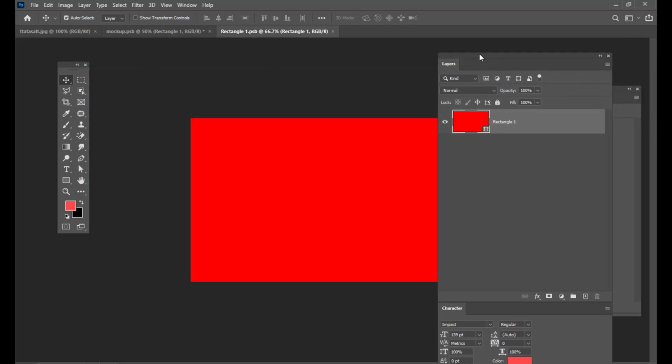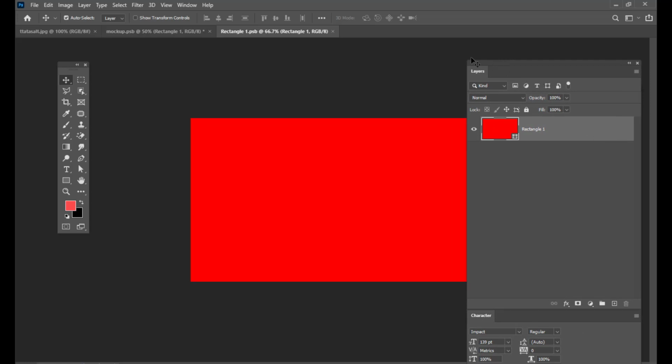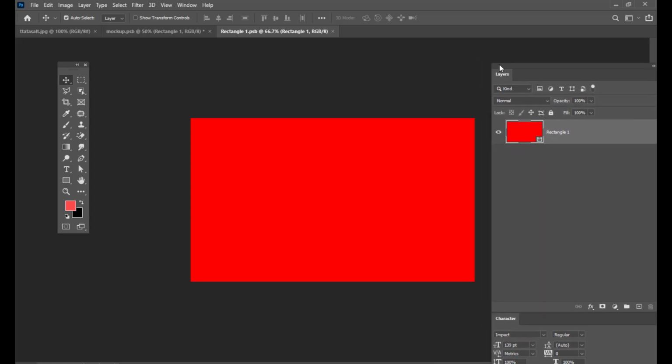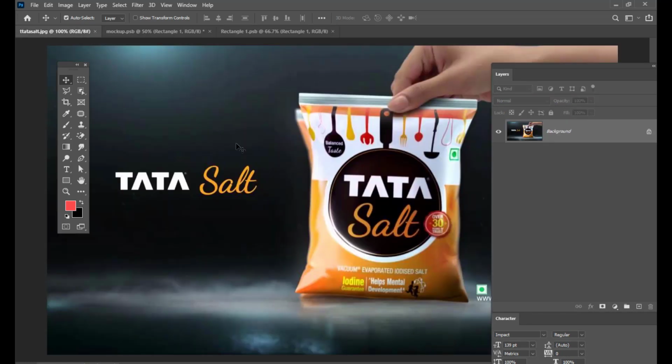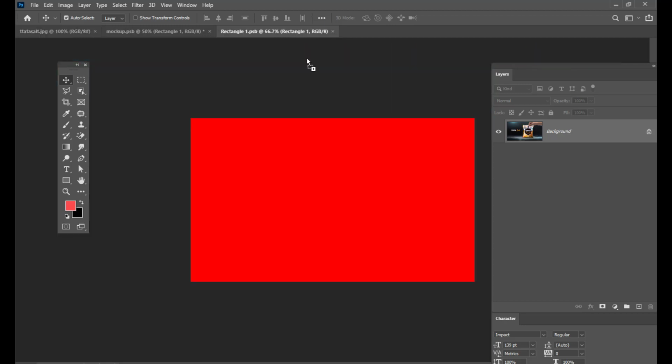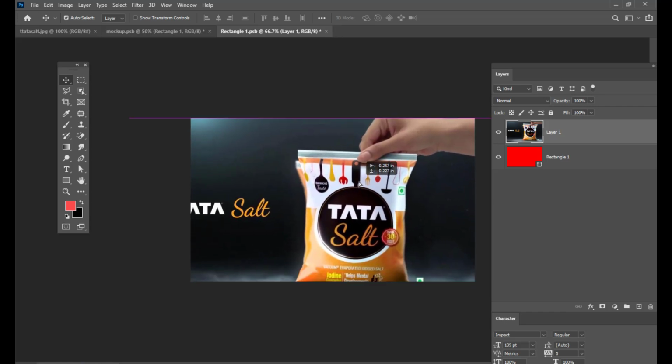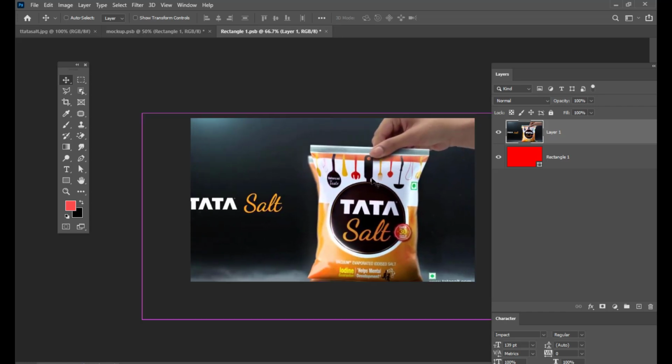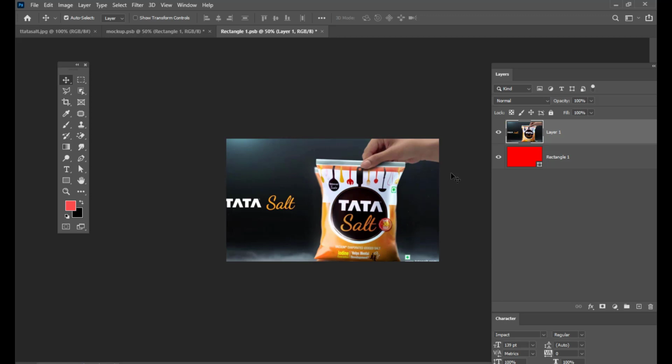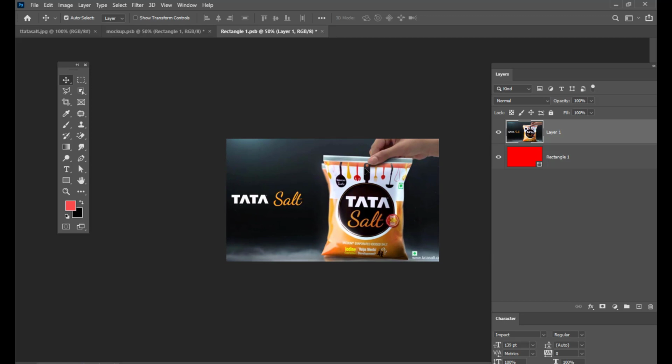Now I'm going to get a product or brand poster. I'm going to select this Tata Salt advertisement poster and drag it over here, inside the smart object, not on the actual original file.